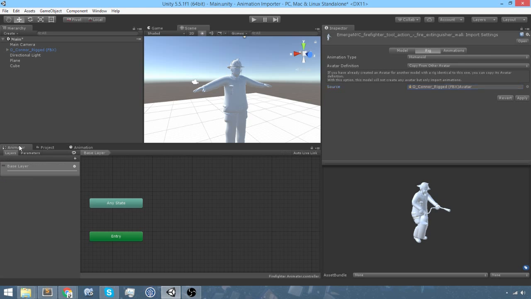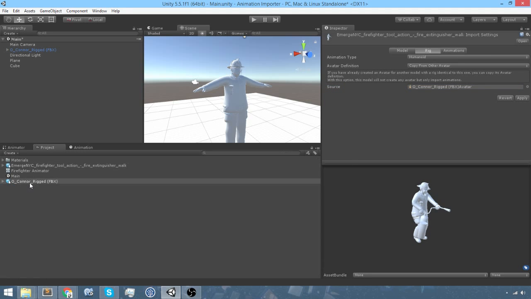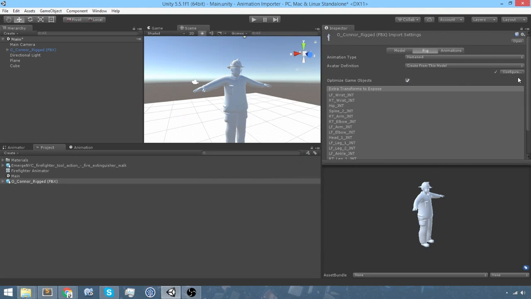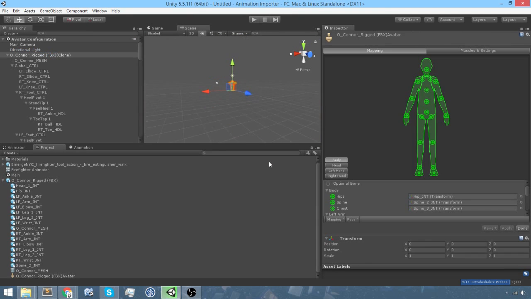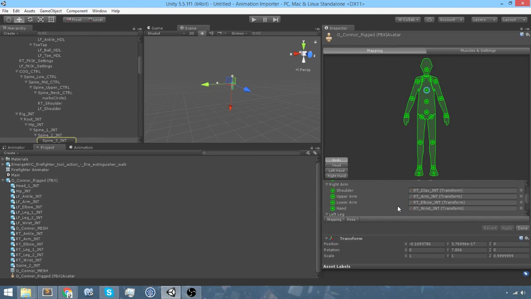So if I run over here to the project on this guy, press Y please. And I go to the configure. Save the scene please. You can see that it's actually mapping to the proper joints that Unity will actually use across all animations that are going to be applied to this rig. So by default, I believe Unity would try to hook the root joint as the hips, which is not true. So this guy's been fixed up properly with all these mappings,